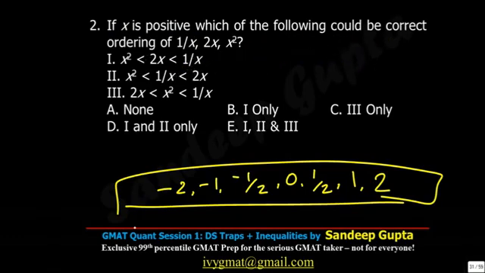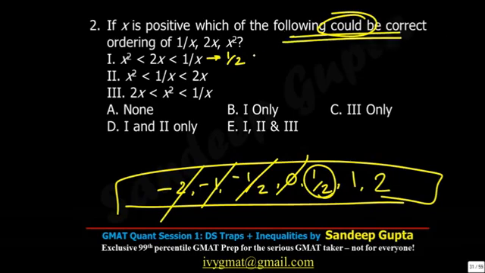Now, my first thing is x is positive, so let me forget all this. What is my first number to plug in? 1 by 2. Does 1 by 2 satisfy this? Please check. The first statement is 1 by 2 satisfying it. So that means, and you are asked could be or must be, so that is only one value. This is good enough, so this is okay. 1 is happening.